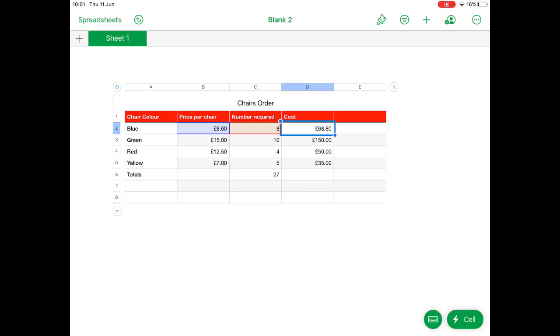I know how much it's costing me for all my blue chairs, all my green chairs, all my red chairs, and all my yellow chairs. What I'd like to do now is actually find out how much is it going to cost me for all of these